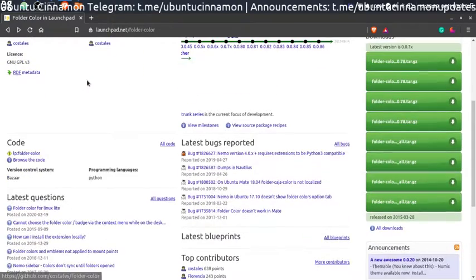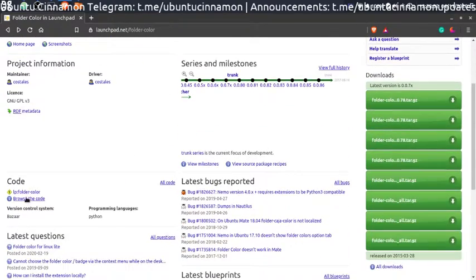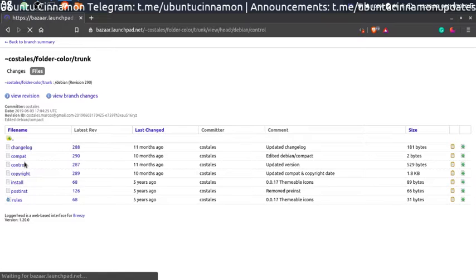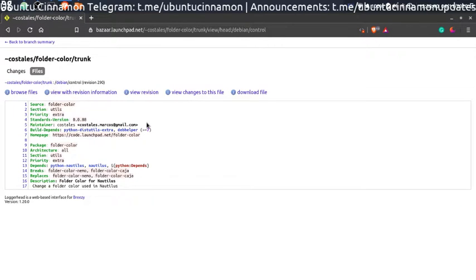Okay, is there like a, wait, okay, Debian control. I'm looking for the PPA, not a whole